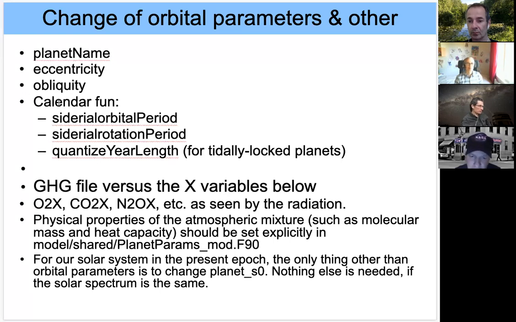Then for the calendar, basically for the orbit, you specify sidereal orbital period in seconds and sidereal rotation period in seconds. And that pretty much defines your orbit. And then quantize year length is a logical parameter which usually you have to set to true. By the way, true is one in run deck language. So anyway, you have to set it to 1, so that that basically means that you want, I think, integer number of days